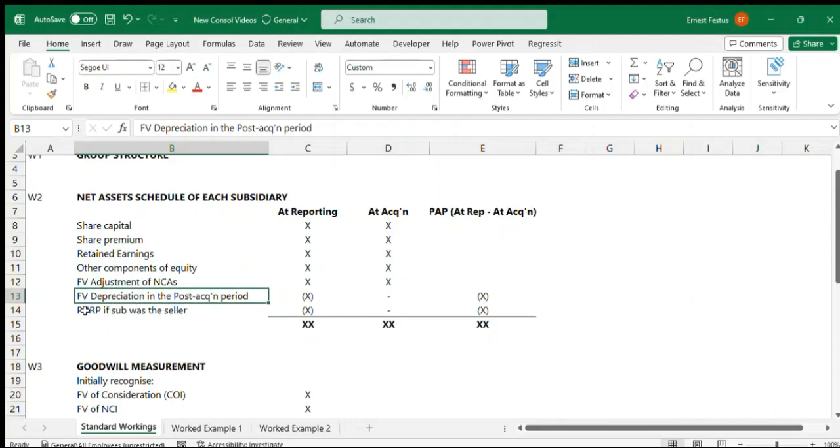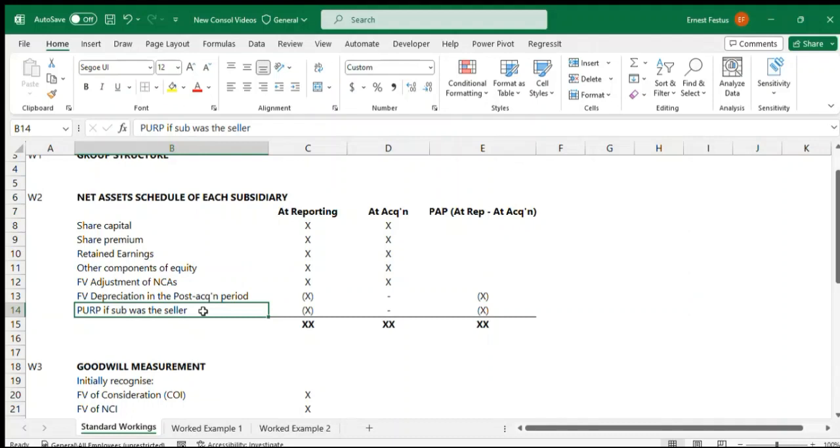And then we also have a provision for unrealized profits. So if the seller is the subsidiary, we bring that provision here. The reason why we bring it here is because we want to eliminate every transaction that transpired between the parent and the subsidiary. So provision for unrealized profits on any inventory that has been sold to the parent would have to be taken away, because